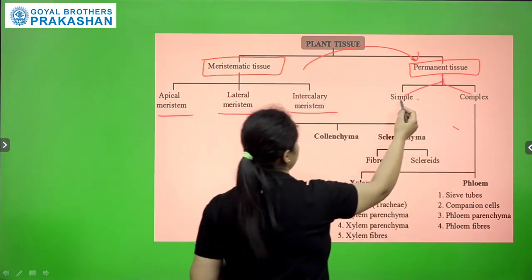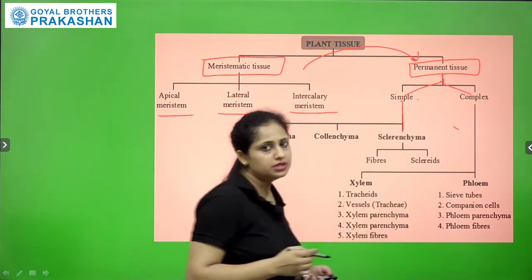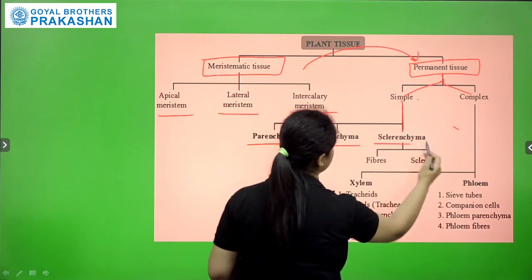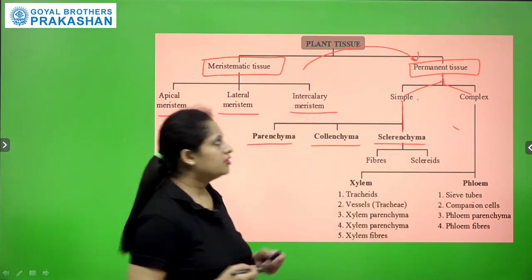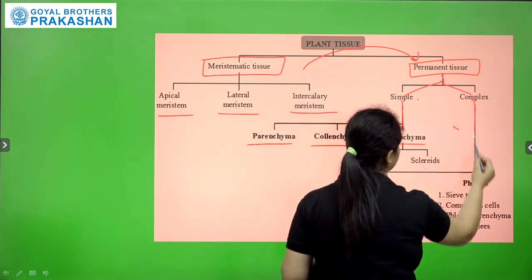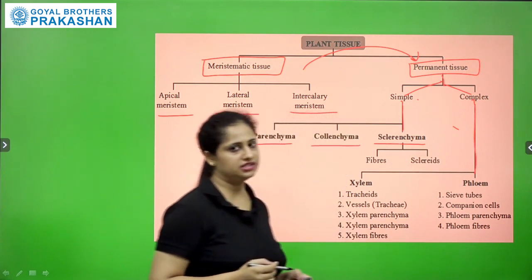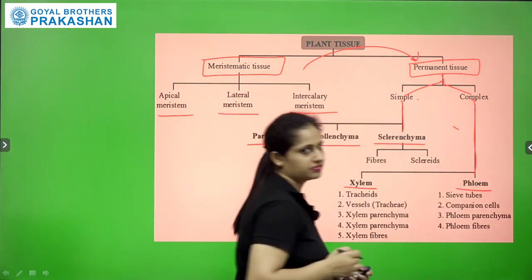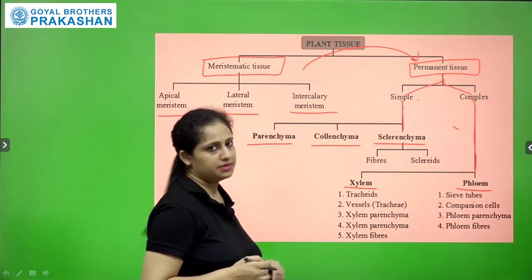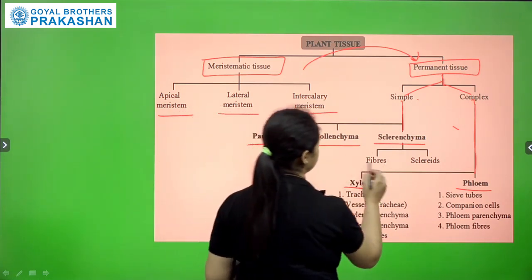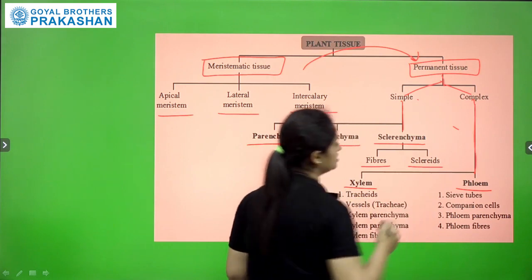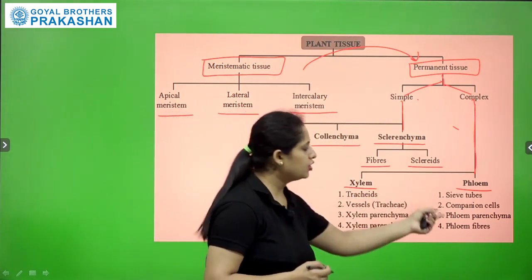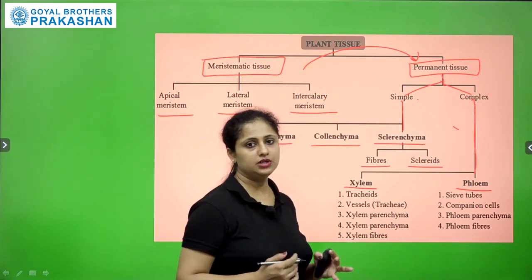Again, the simple permanent tissues are further divided into three types: parenchyma, collenchyma, sclerenchyma. Complex permanent tissues are further divided into two types: xylem and phloem. The sclerenchyma is further subdivided into fibers and sclereids, while the xylem and phloem are further divided into their